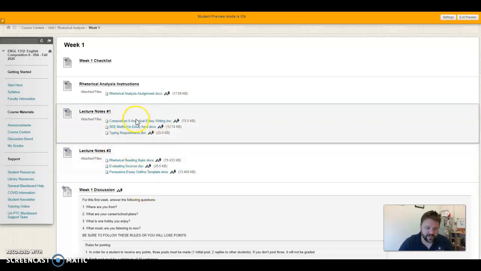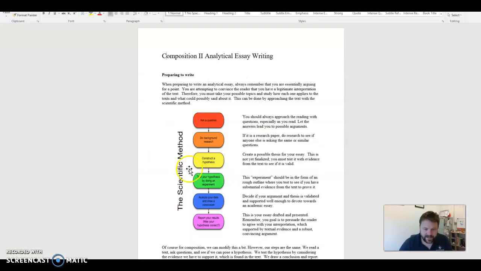One is the Composition 2 Analytical Essay handout. That here is going to explain to you how an argument works, okay? And when you're preparing to put forth your argument. Now, again, you're not arguing in this paper. But looking at this will help you not only with your arguments later, but will help you understand what the